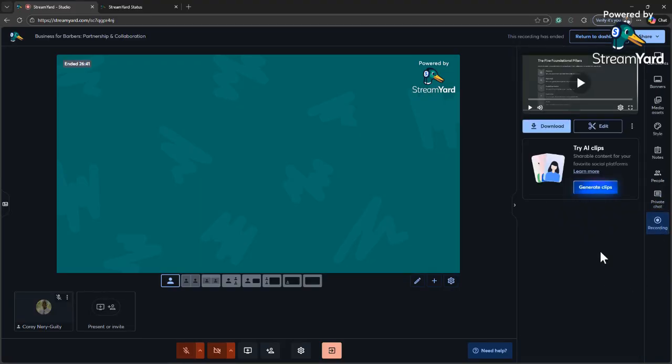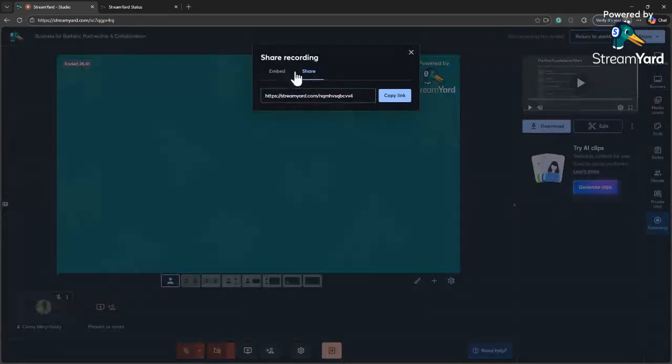And then, of course, the recording. And this is going to be, since I'm pre-recorded, the next screen. And then lastly, you have your share, and then again, edit. This is going to be where you can share here, embed into a website, or you can share directly the link, and then that's going to take you